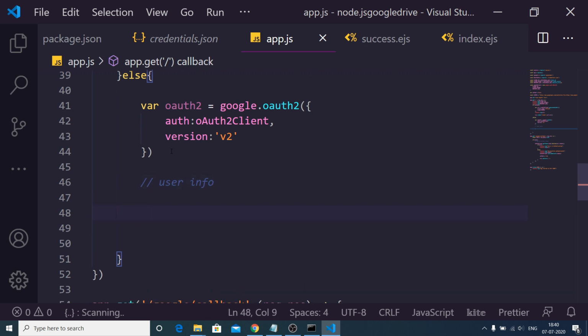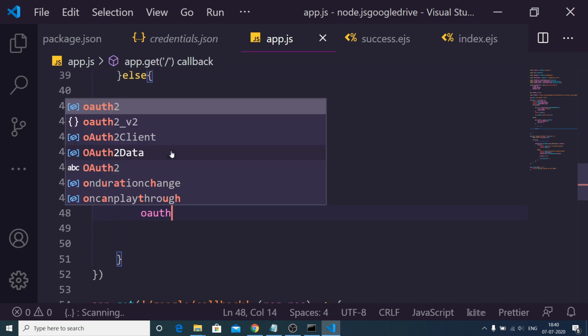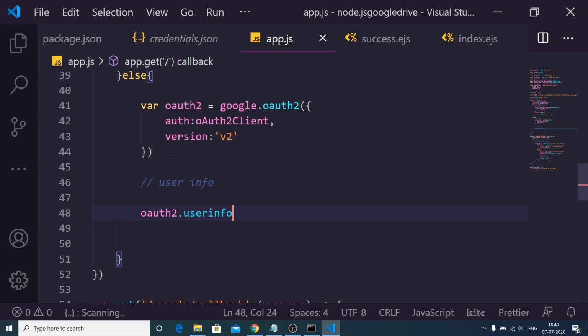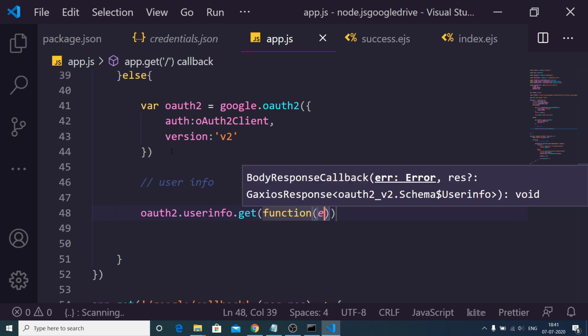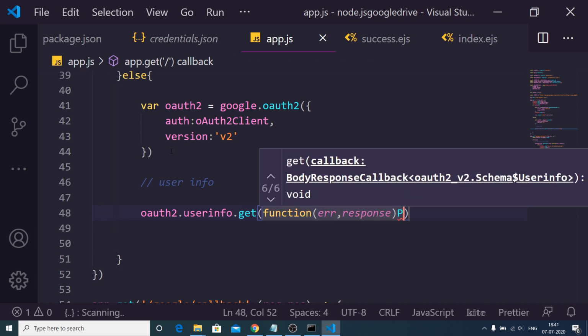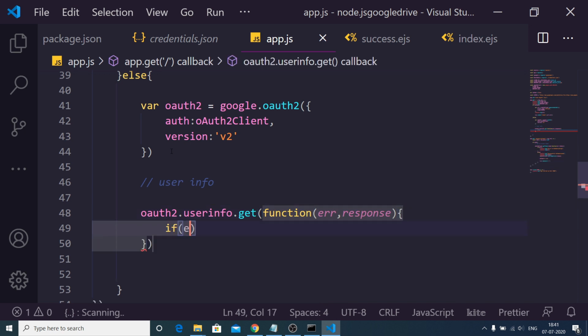For getting the user info, we will make a request to this variable oauth2, and this contains a method which is userinfo.get. Inside this get method, there is a callback which will have the error and the response variable. First of all, we need to check for the error.